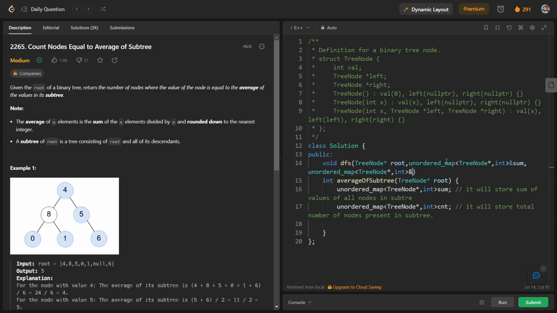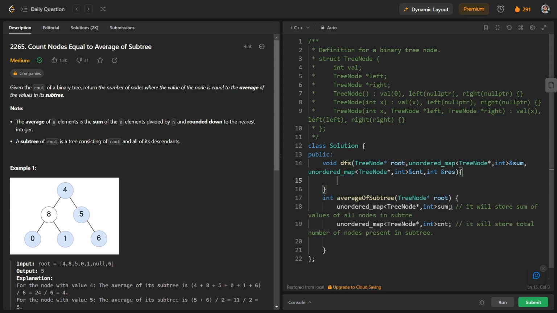Again we will pass it by reference because we are going to increase it, and another one will be int res, which is nothing but the total number of such nodes. So I will write int res here. Initially it will be 0, the total number of nodes which are satisfying the above condition.